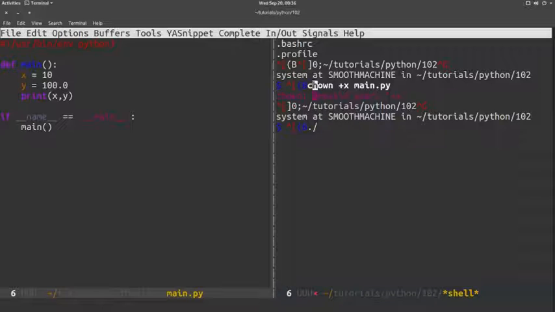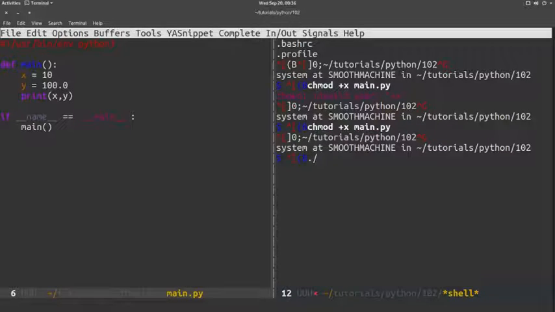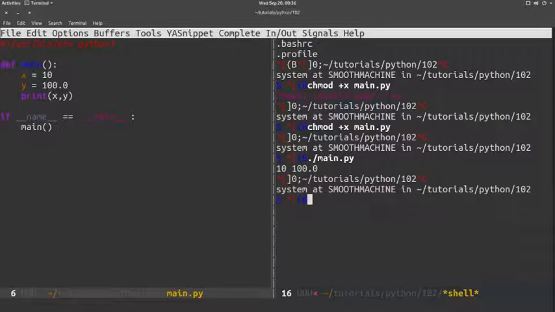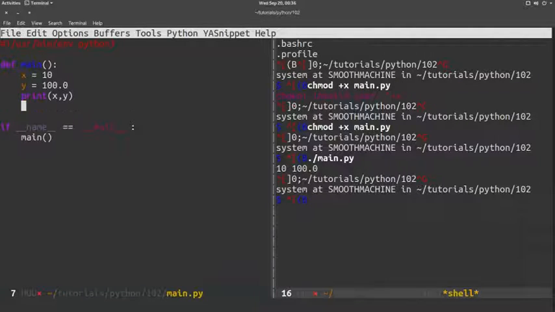Oh, change owner. Nope, I want mode, not owner. There we go. Now, you'll notice it's a whole number 10 and a 100 with the fractional part of 0. Okay. So now if we go back over here,